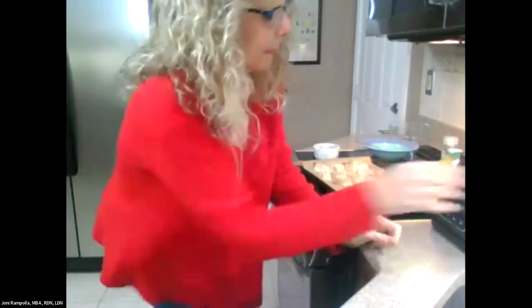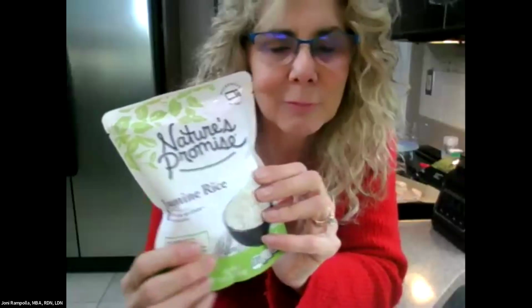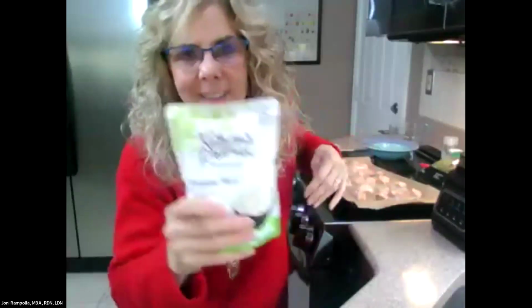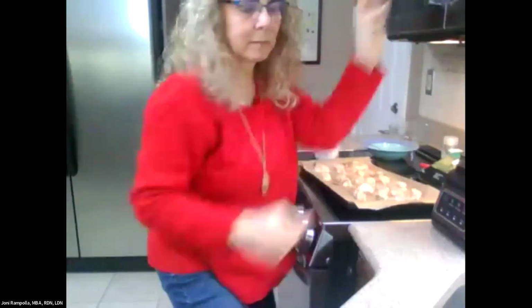All right. So then I'm going to take my rice bag. It's jasmine rice. This is 90-second rice. You massage the bag just to break the rice up before you stick it in the microwave. Then you tear it just a little bit, like an inch, just to let the steam come out. 90 seconds in the microwave. So when that comes out, what we're going to do is I'm going to